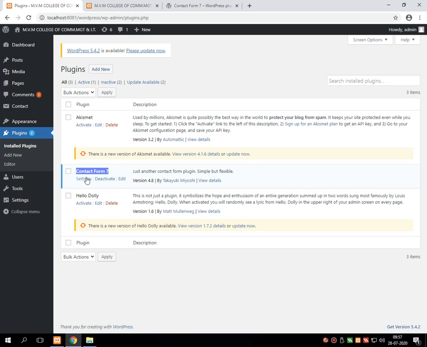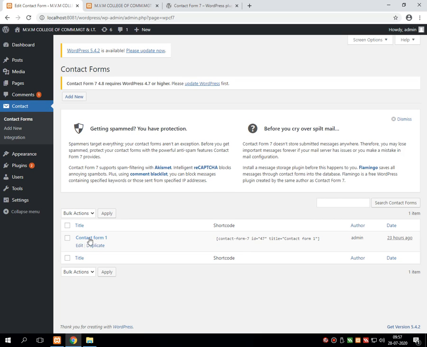Once I activated the plugin, I visited the settings part of the same. In the settings part, there are a few things, like the name of the first form, its shortcode, author, and the date of publish.